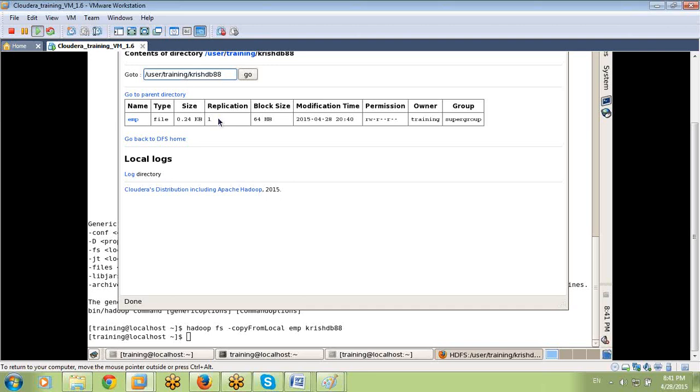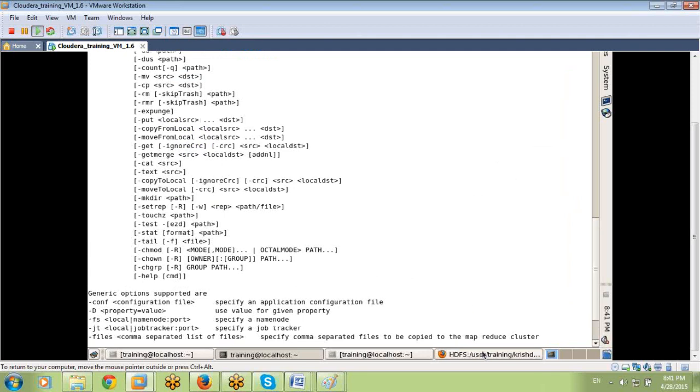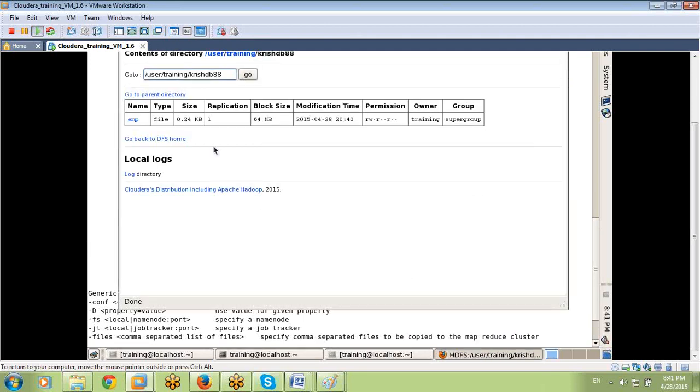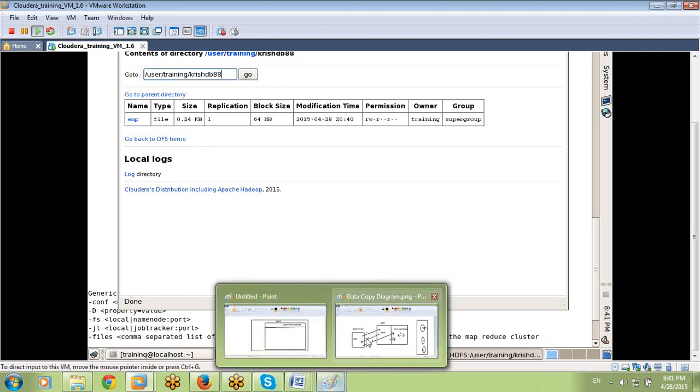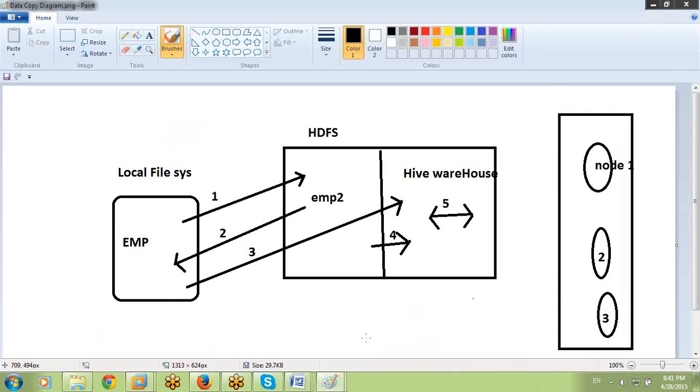The same data I copied into a Hive table also. Those are also available in the warehouse only. Again, extra 3 copies, total 6 copies, same data. That's why Hadoop follows cut paste only in the 4th arrow, copy paste in the 3rd arrow, and both options in the first 2 arrows.